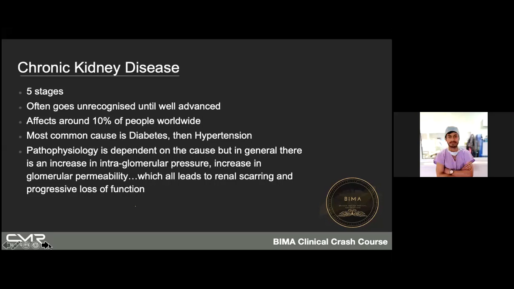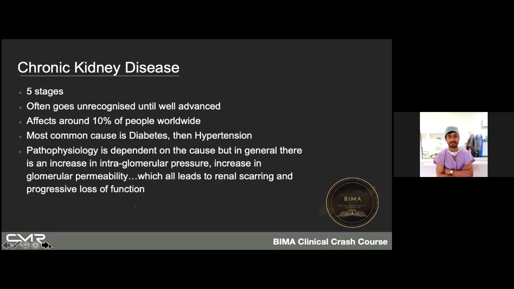You would have an increase in glomerular permeability, which would then explain a lot of symptoms. And all of this would lead to renal scarring. And with renal scarring, you'd have a lot of fibrosis,